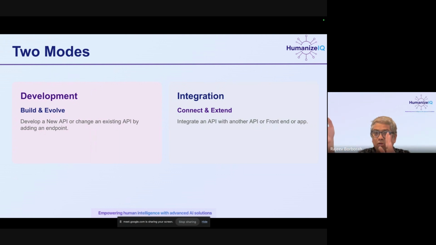Most common starting point is integrating. For example, in your current application, you may need to integrate with existing APIs, in which case you will have to provide an openapi.json file, and that will integrate with an existing API. In our exercises today, I will show you how to develop an API. But when you start working, I want you to start with first integrating existing APIs before you develop your own.